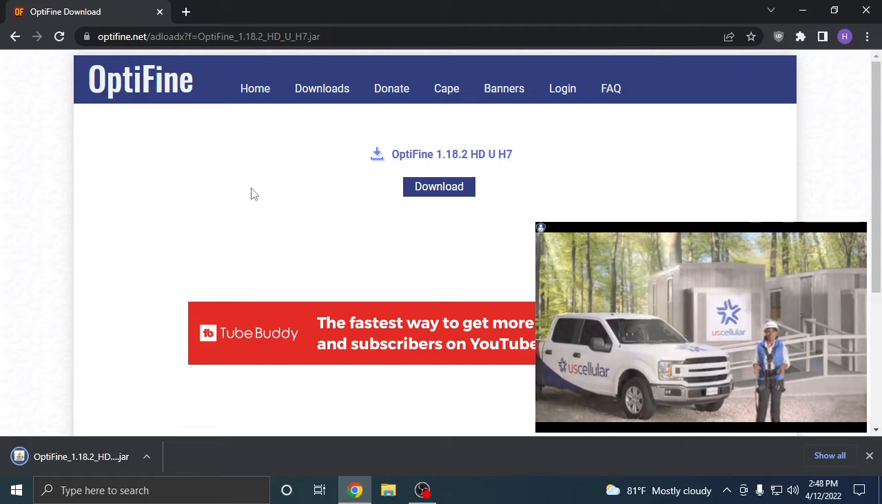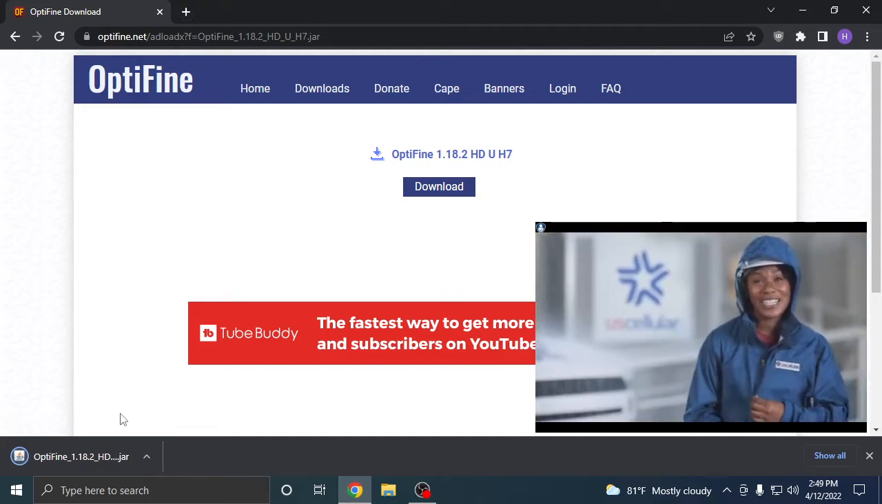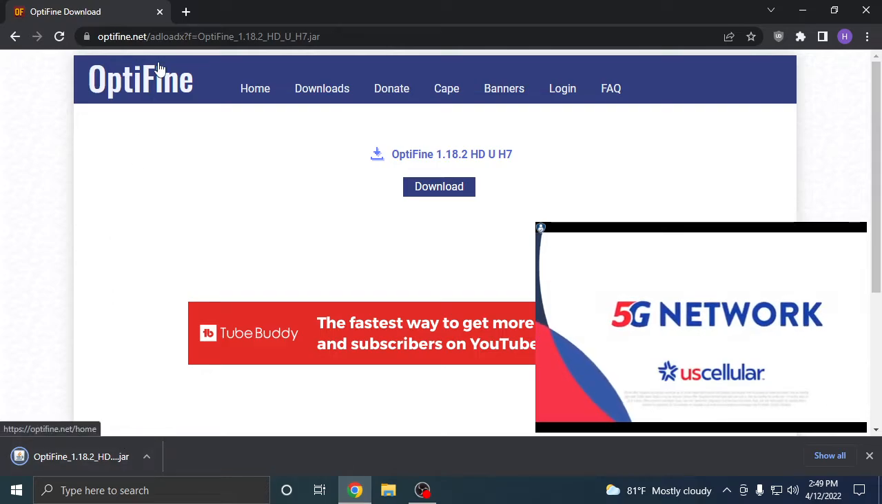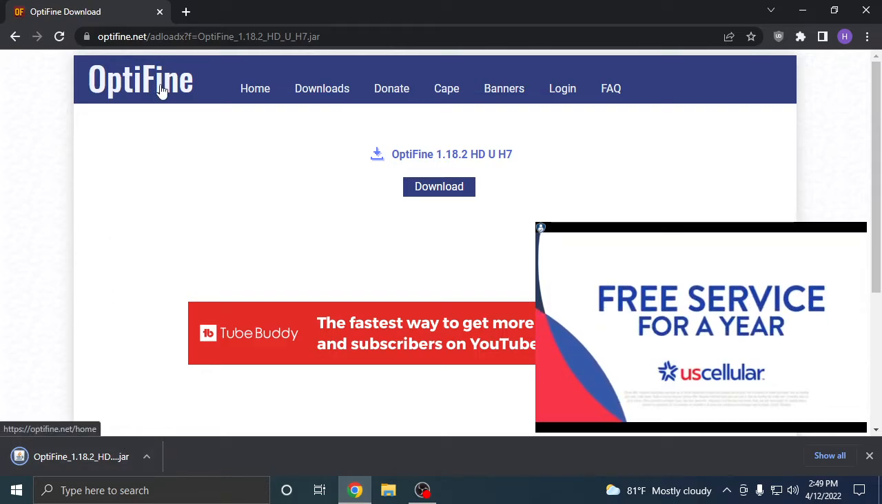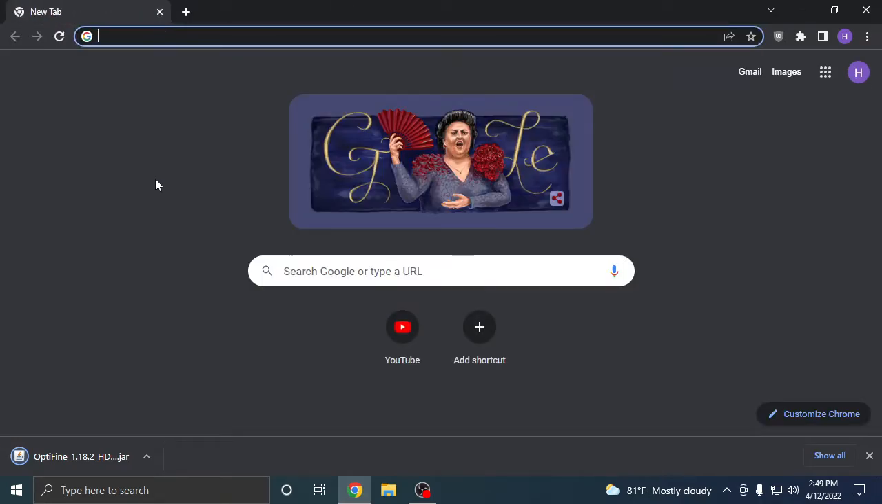And once it's done downloading, you're going to want to double click onto your optifine.jar, and it will prompt you with an installer. Also, you can go ahead and click out of this. You don't really need this tab. Just a bunch of ads on it. So now we can double click on our installer,